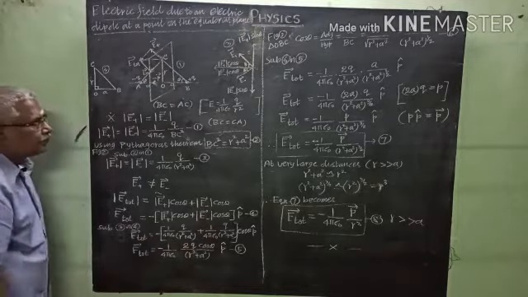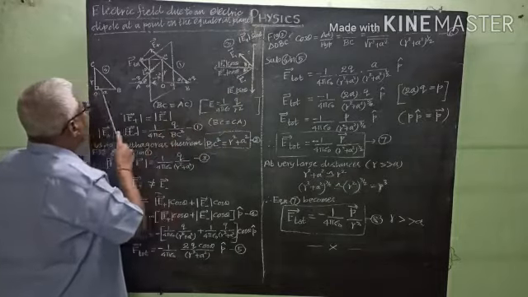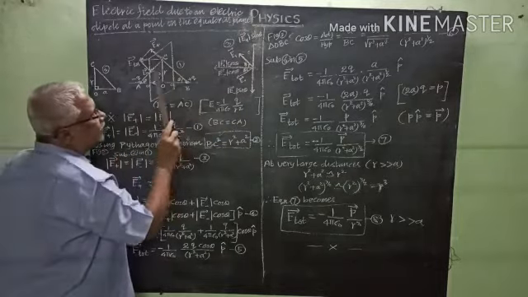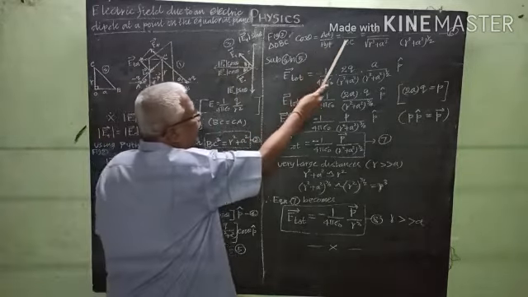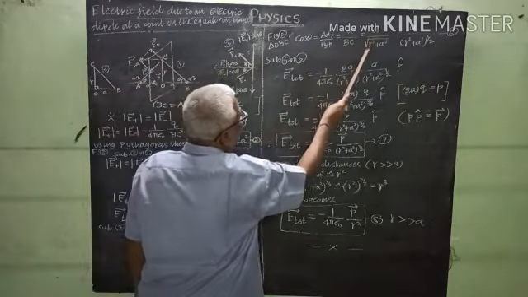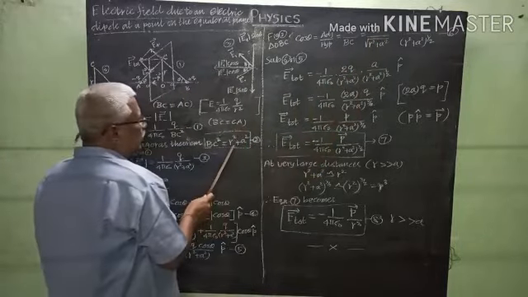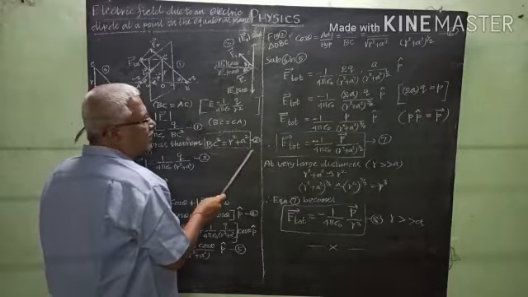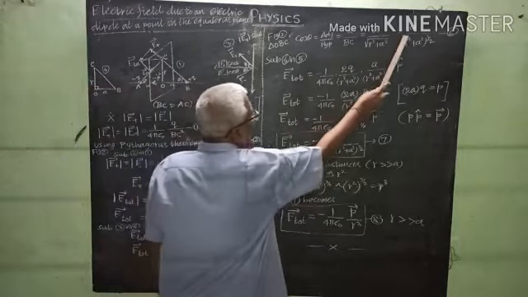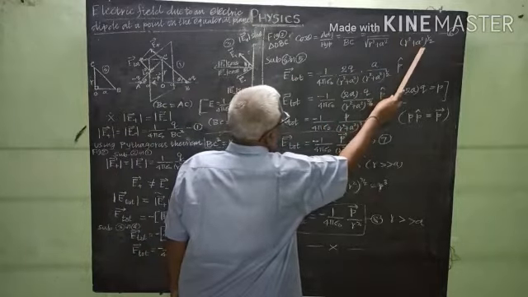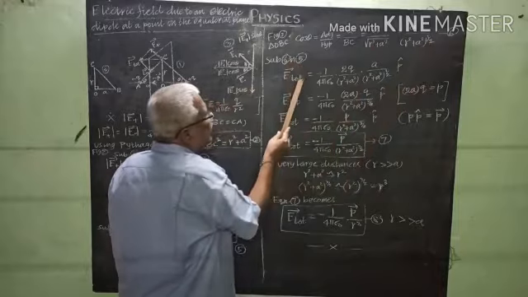Equation number 5. Then once again in figure 2, the triangle OBC, cos theta is equal to the adjacent side by the hypotenuse, that is a by BC, that is a by root of r squared plus a squared. From equation number 2, BC squared equals r squared plus a squared, so BC equals root of r squared plus a squared. Then cos theta is a by r squared plus a squared whole power 1 by 2, equation number 6. Then substituting 6 in 5.